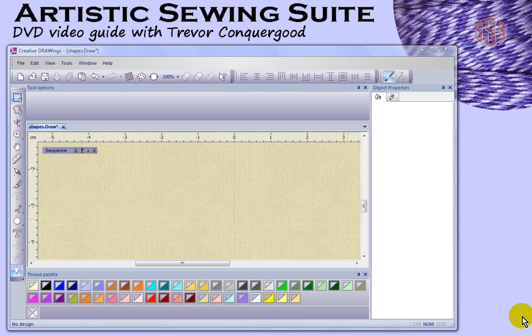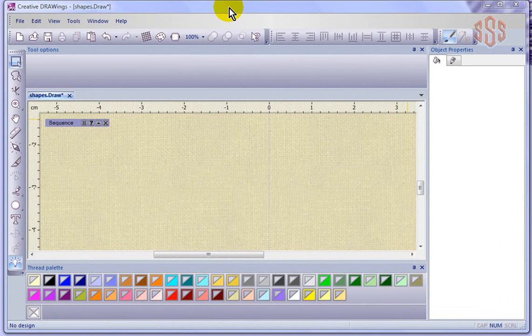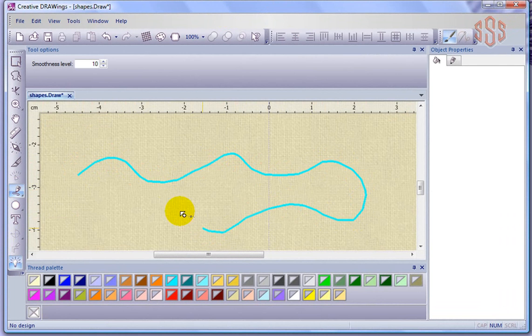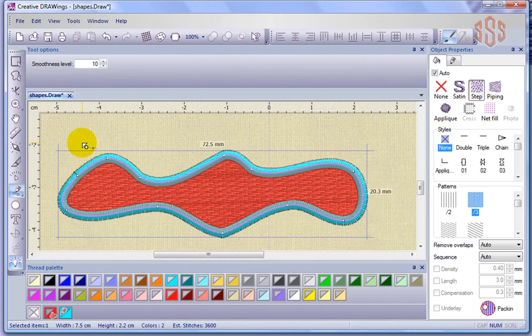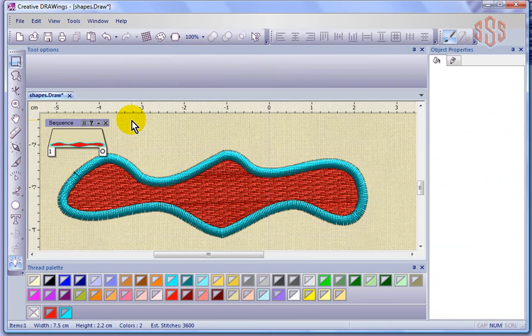Now it's time to learn about the object properties. And so what I need to do, just to start off, is come to my desktop and choose the freehand shape tool, and I'll try and draw some sort of embroidery object. It really doesn't matter what it is, but I'm going to make sure that I have a closed shape